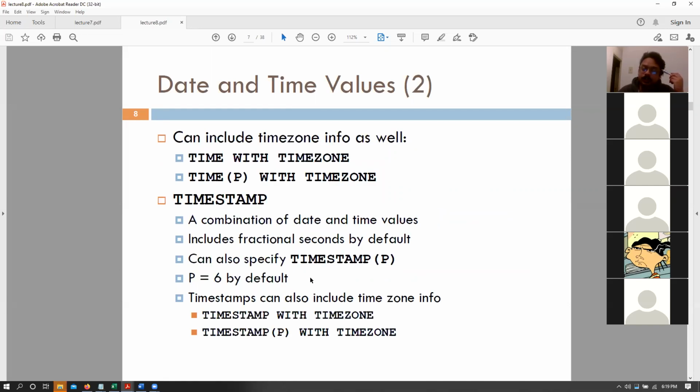We can also include time zones for our tables or for those attributes as well. So we just say time with time zone, that includes the time zone as well, and that also deals with daylight savings time issues as well. So if we say time with time zone, it includes the time, and additionally it would also say what the time zone is. So if I'm inserting some data here, it would say 6:19 p.m. whatever number of seconds CST, because that is the time zone for Kansas, right? Okay. Now we can also have time(p) with time zone. So this would be an interesting way to store your